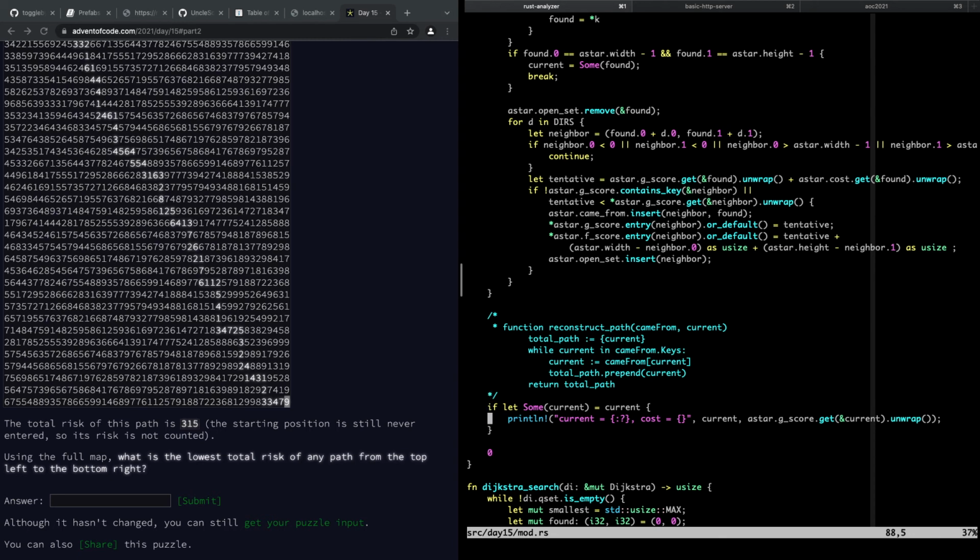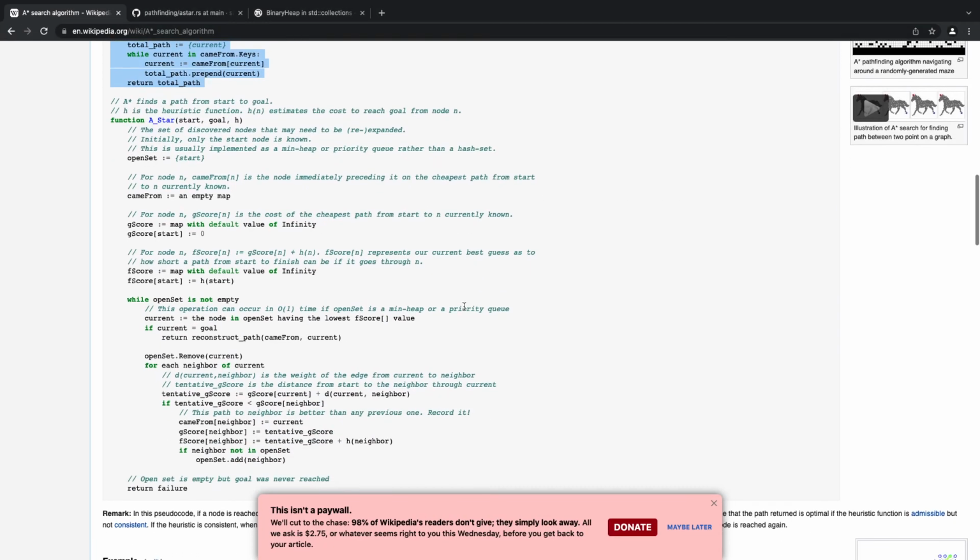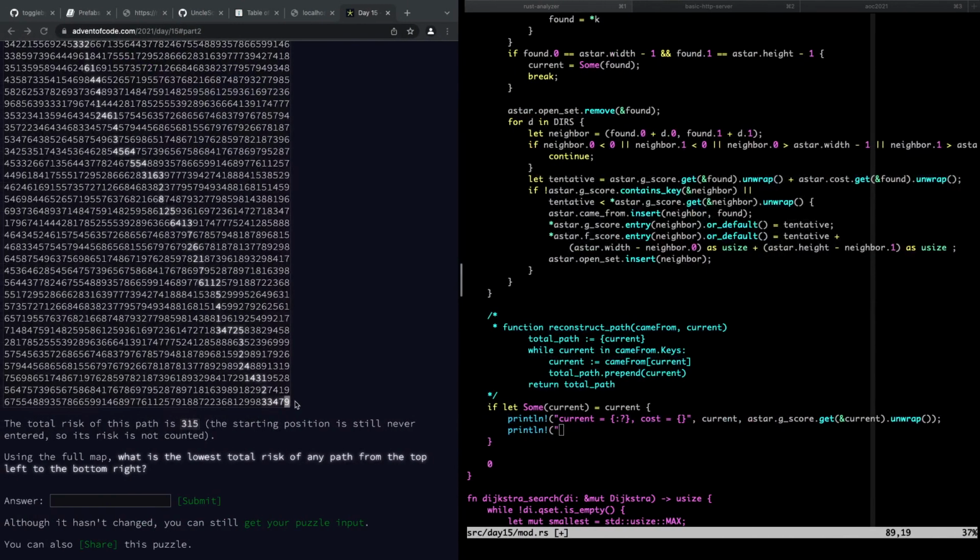Let me also println the came froms. Oh, that's gonna be big. That's gonna be everything we came from instead of current is goal. Yeah, maybe we need to add in that last one, but that's gonna add 9 instead of 8, so we'll be off by 1. Oh, maybe because we're adding